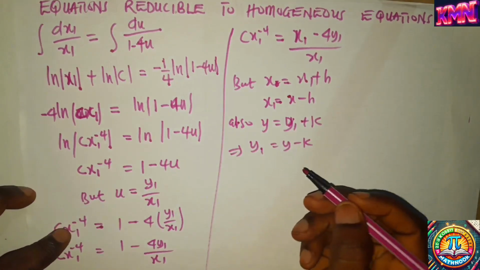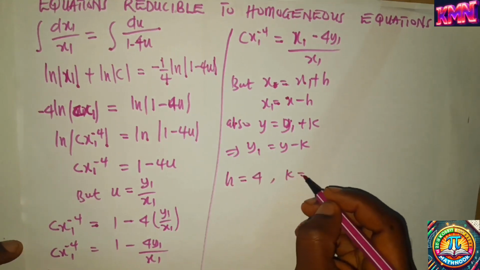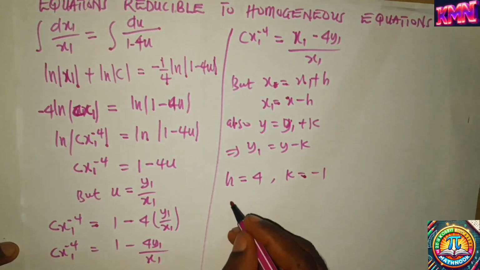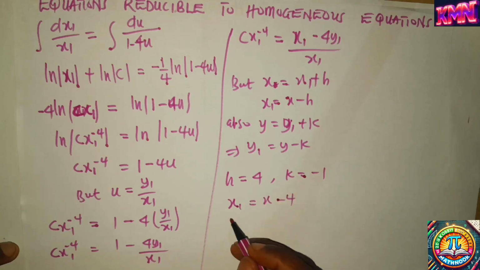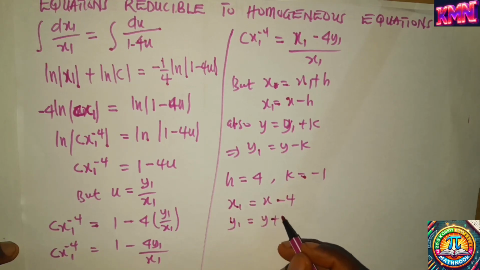Notwithstanding, we were able to find h to be 4 and then k to be negative 1. So substituting those terms in here, our x1 now becomes x minus 4, then our y1 becomes y plus 1,